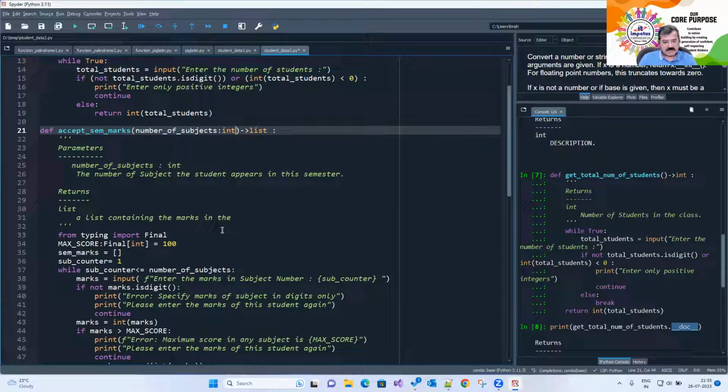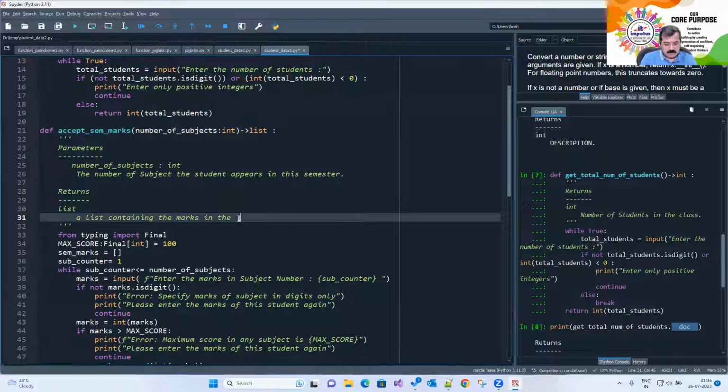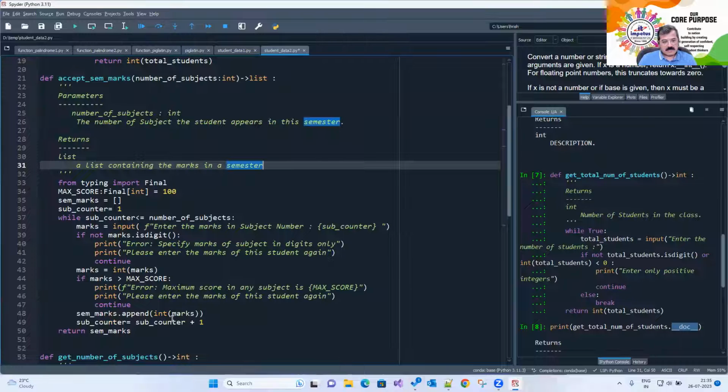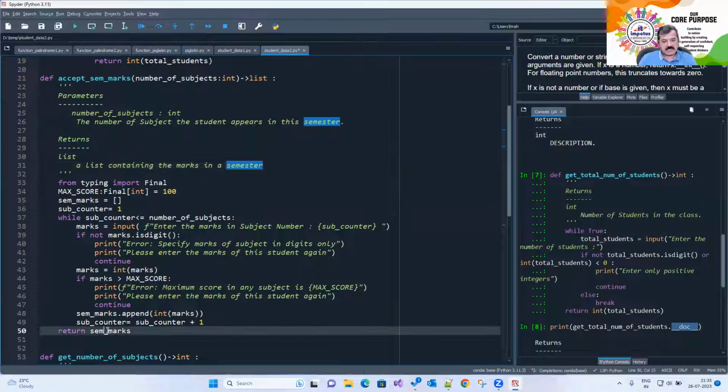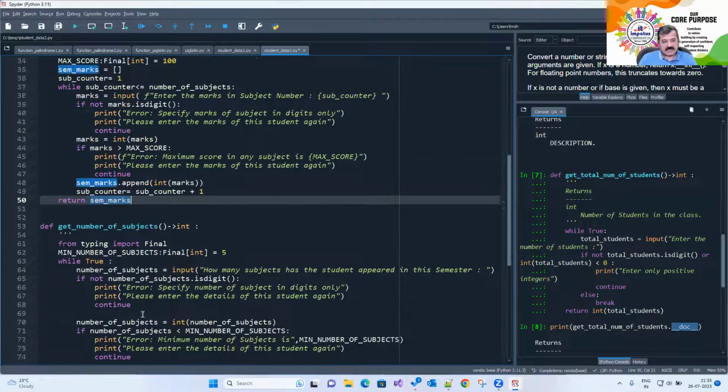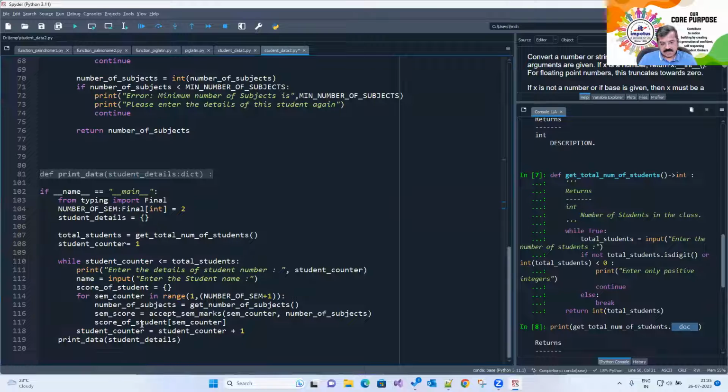If it's going to return a list, a list containing marks in semester. That's it. तो यहाँ से ये लिस्ट रिटर्न करेंगे सेम मार्क्स। तो इफ आई रिटर्न दिस लिस्ट, तो यहाँ आसान हो जाएगा अभी।